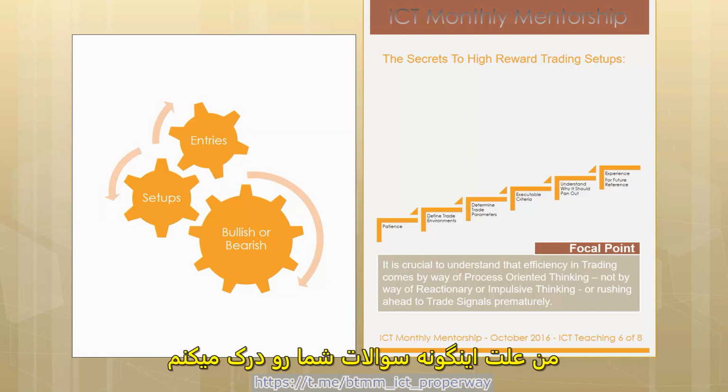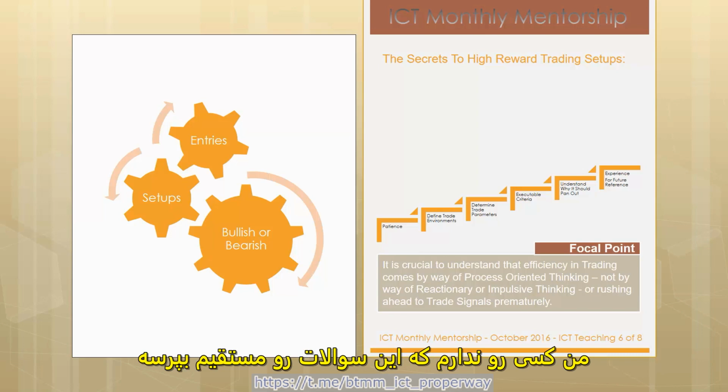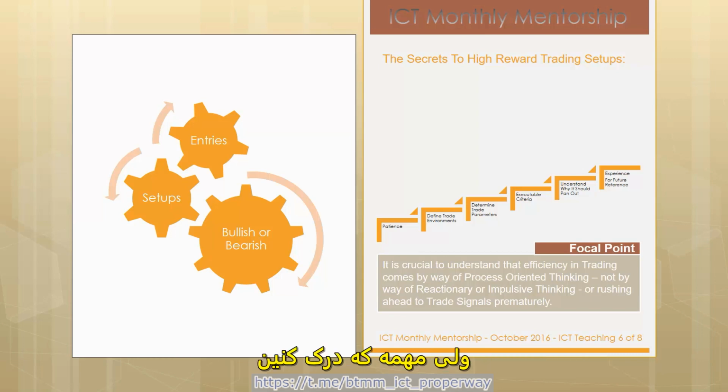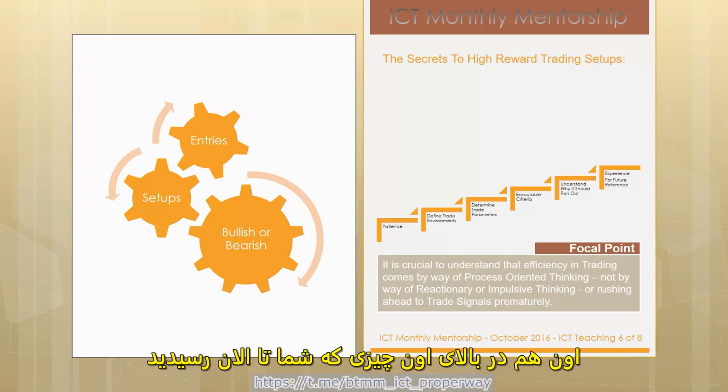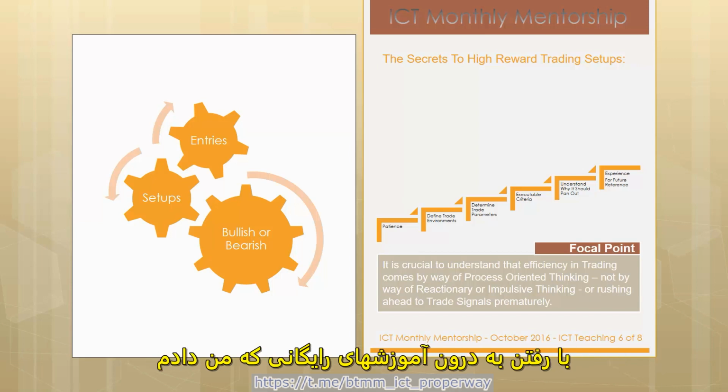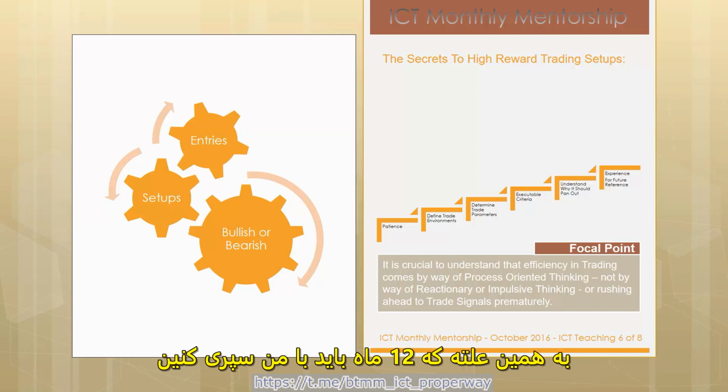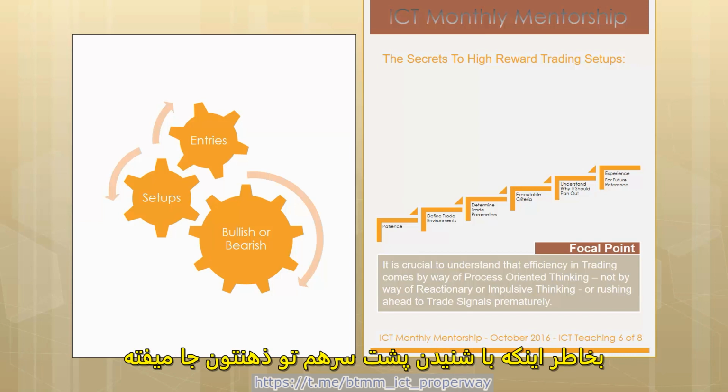And I understand why you're asking those questions, and they're the same types of questions that I had about the marketplace. But again, I didn't have anybody to direct those questions to. But it's important that you understand that there's no way I can actually answer that question for you now, because we haven't gone through all the things that are necessary for me to adequately answer that. It's almost like I'm creating an additional language on top of what you've already arrived at by going through my free tutorials. And that's why I require 12 months with me,